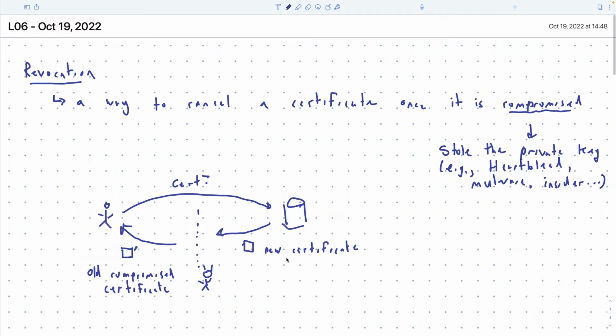And so now you just have two certificates. They're both valid. One of them only the website knows, the other one the adversary knows. That's not a solution to the problem. It's just reissuing a new certificate. We need a way to actually cancel this old certificate so that when the adversary shows it to the user, the user says, oh no, I'm not going to accept that certificate because that certificate was canceled or revoked.